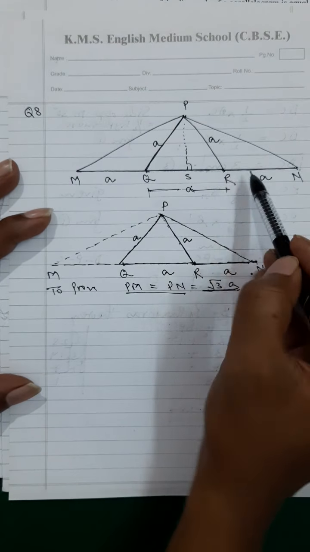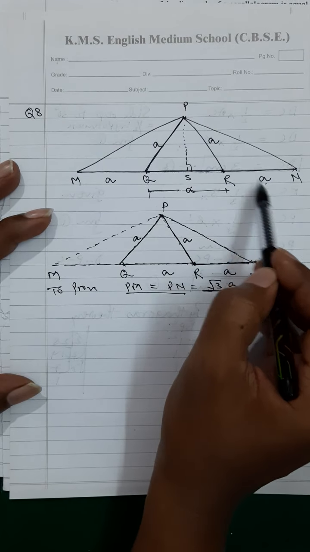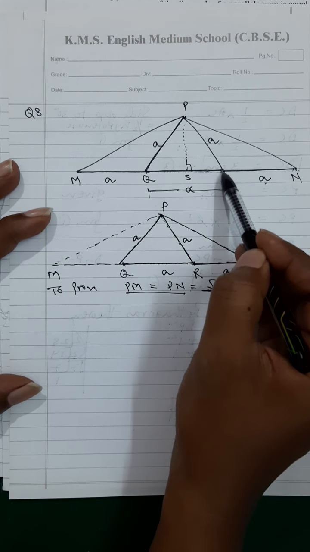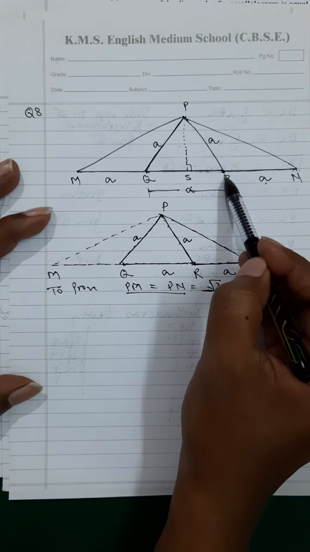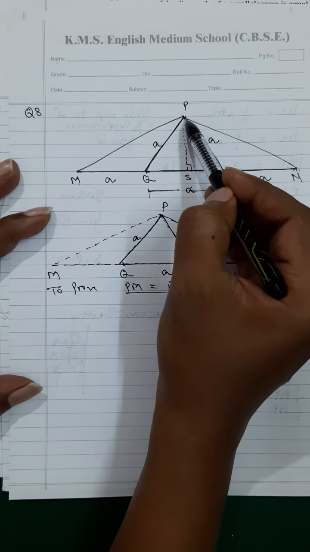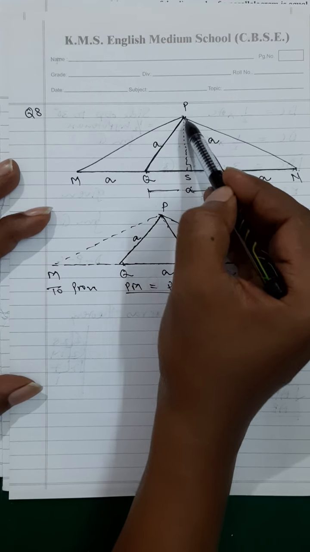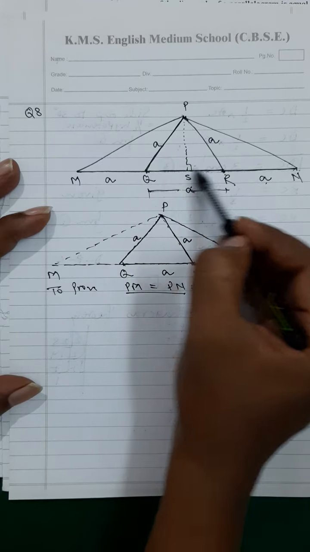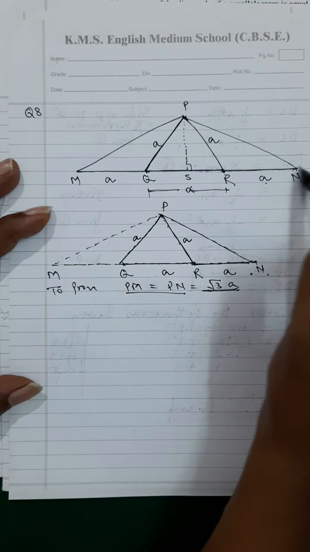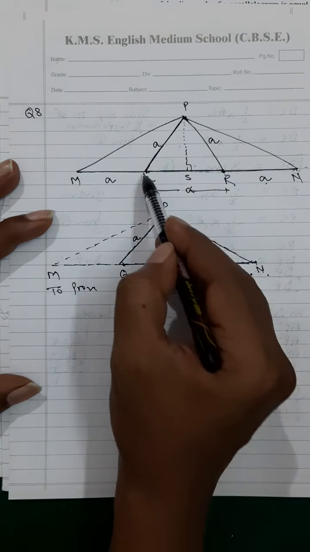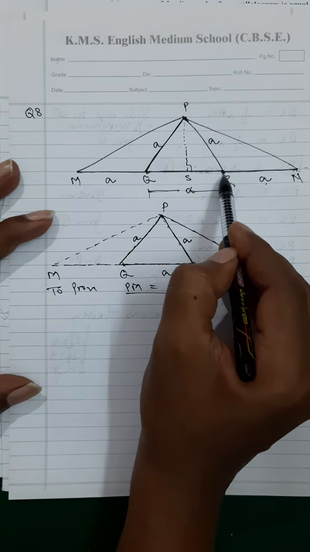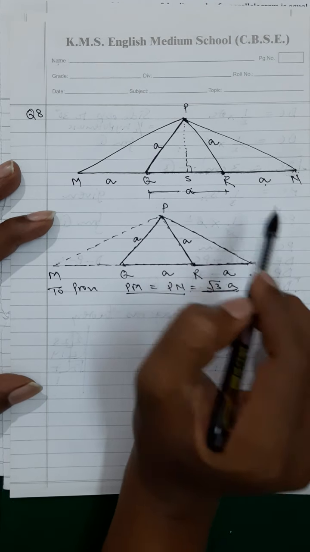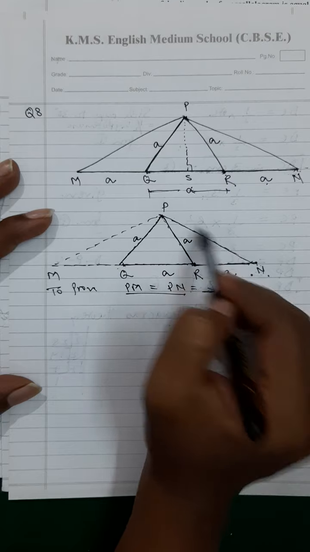Consider this QR and RN. They both are congruent, A. So therefore R has to be the midpoint. Therefore from this R, PR can be the median. But if P is the vertex, then what is going to be the triangle with QN as the base? P is the vertex, QN as the base. So PQN will be the triangle. QN has to be the base because you have considered R is the midpoint of QN. So this will be your triangle PQN.